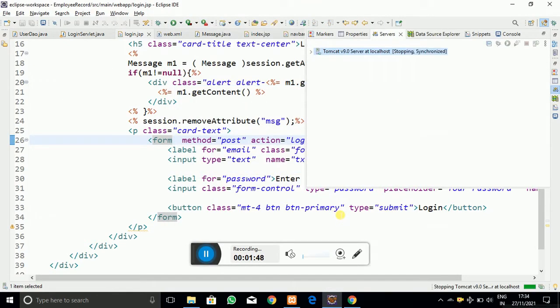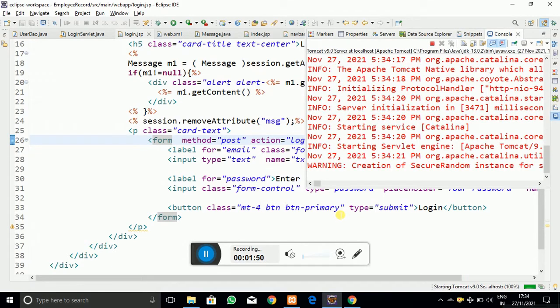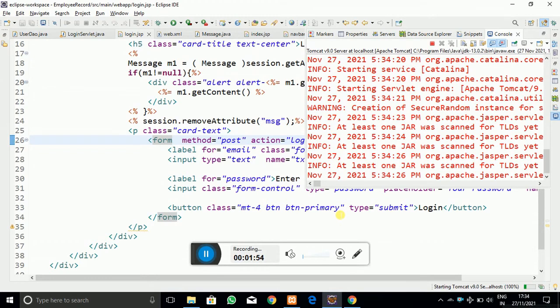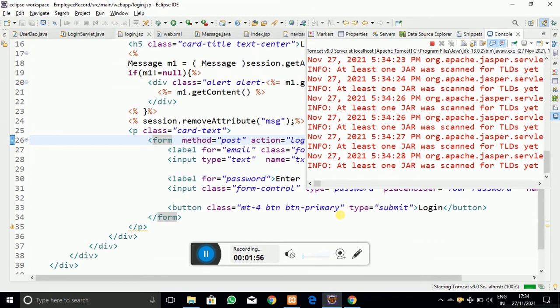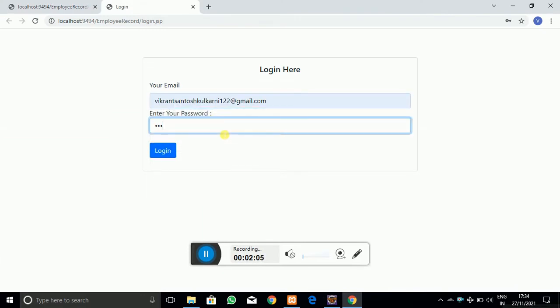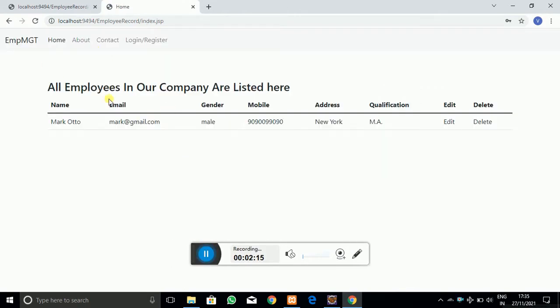So when I run the program, you can see the login page is going to appear in front of you. Here I'm going to log into the system, and after successful login, we have successfully logged into the system.